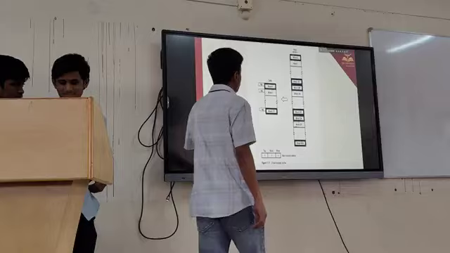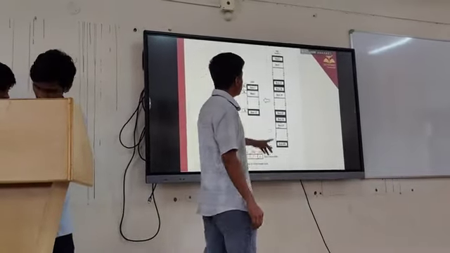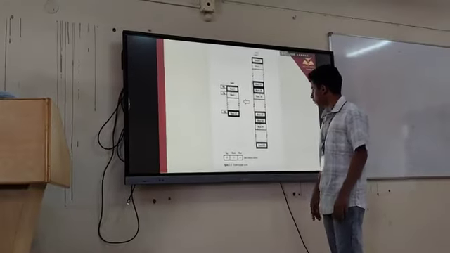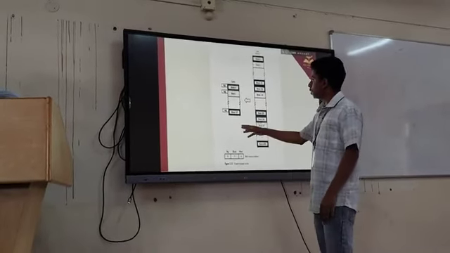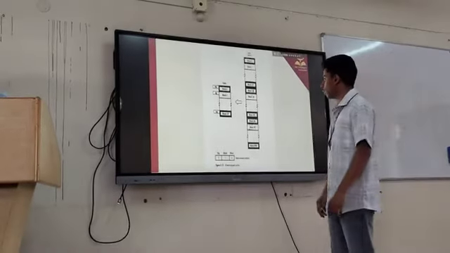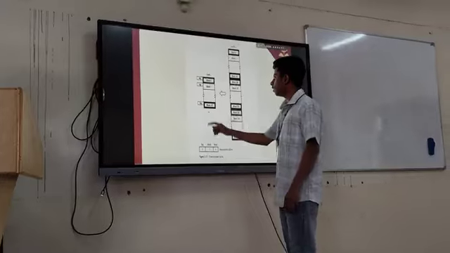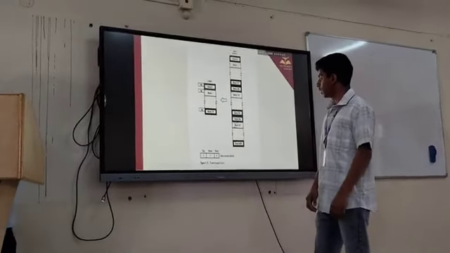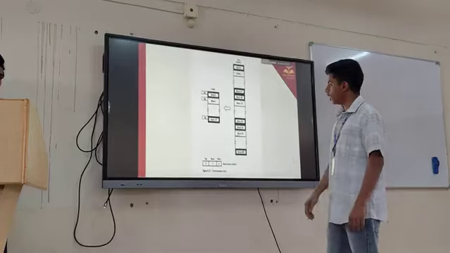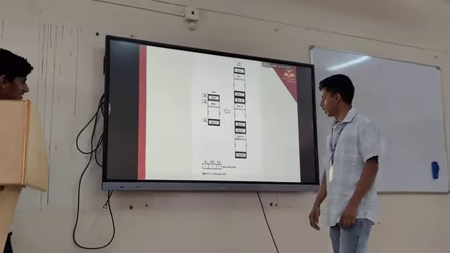The diagram shows main memory and cache memory. The main memory has blocks from 0 up to 4095, and the cache memory has blocks from 0 to 127. The address is divided into three fields: tag, block number, and word, with 5 tag bits, 7 block bits, and 4 word bits.